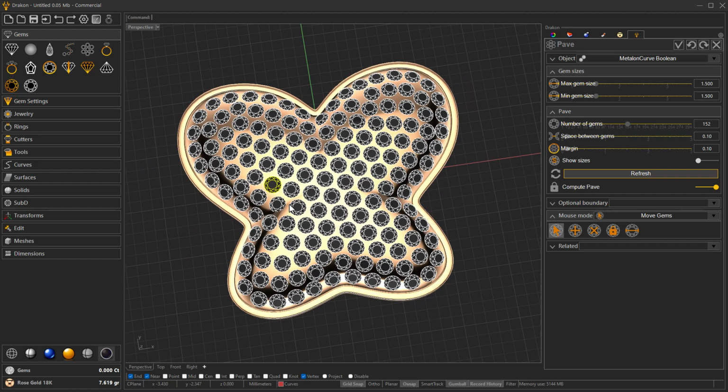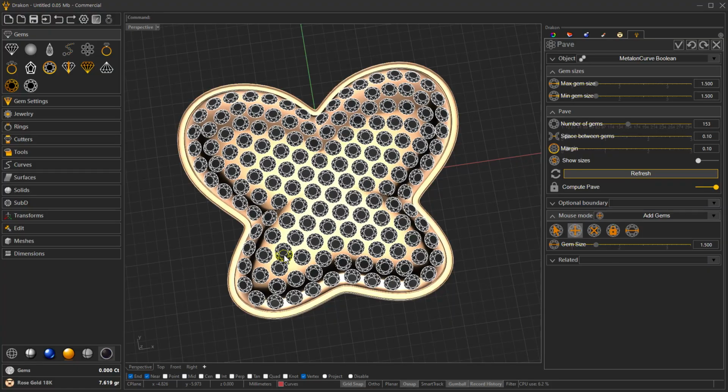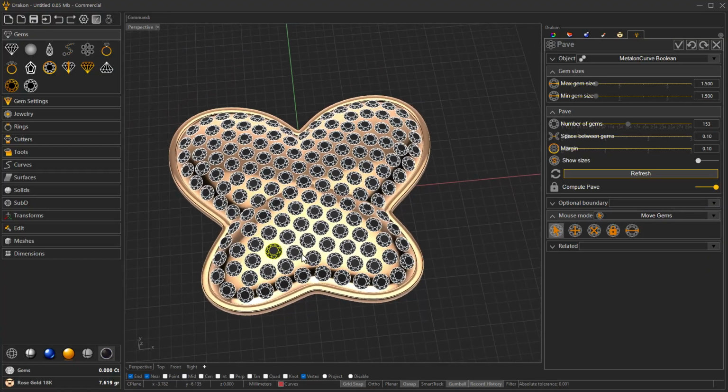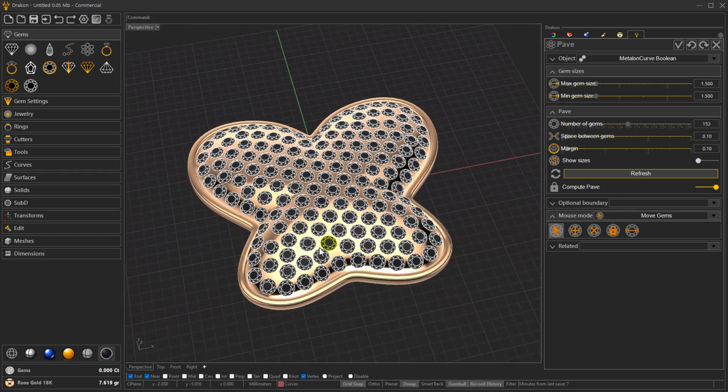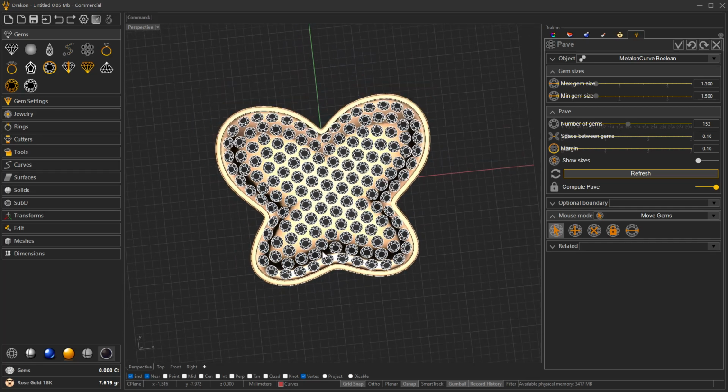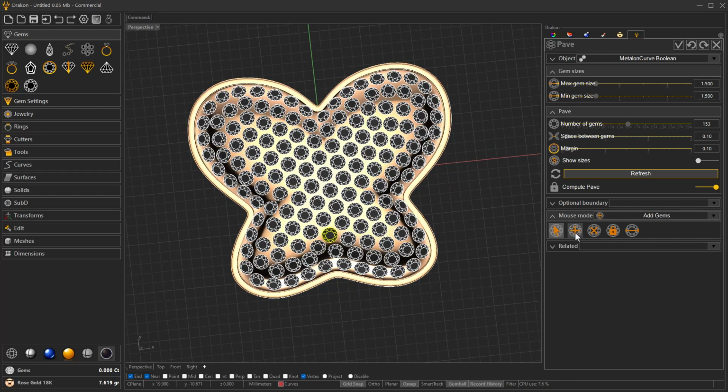All the others look good. Maybe in here we can try to fit another one. And now I think we are good to go for the next step, which we will be doing